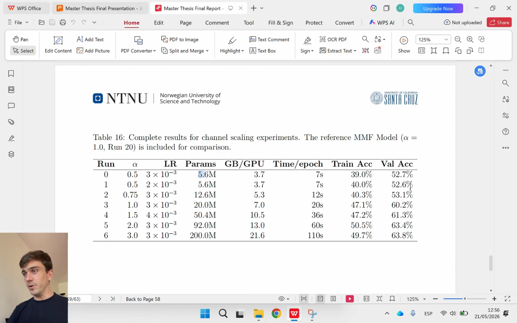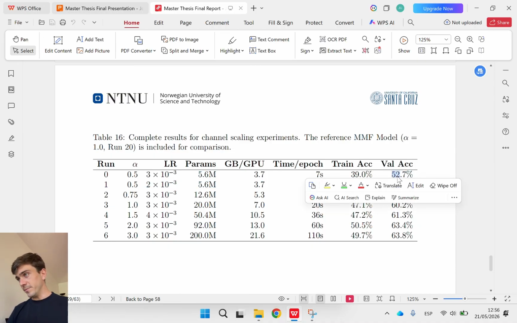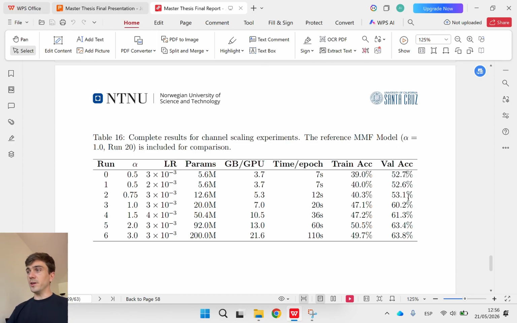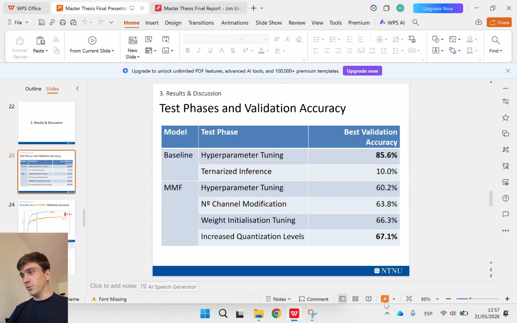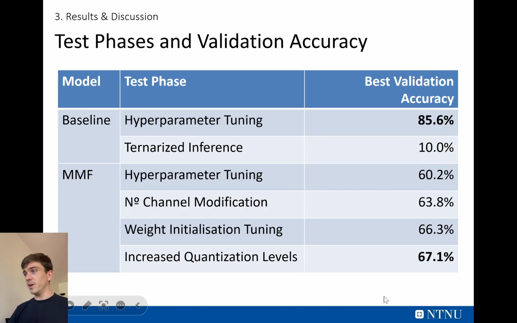if the network is bigger, then you have more parameters. And the important part here is to look at the accuracies. The validation accuracy was lower for smaller networks, and it was a little bit, not too much, like 3% bigger for the bigger network, but the training time was so much slower, and also the gigabytes taken for the memory for the GPU was like 3 times more. So yeah, the conclusion is that the accuracy went up, but the training time was also pretty